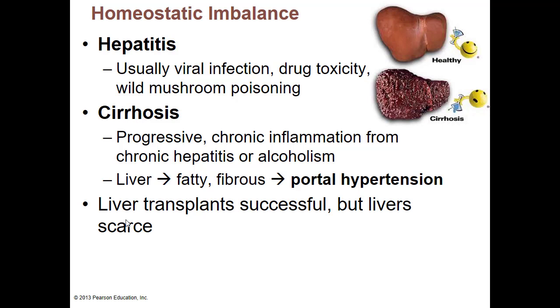There are various types of drugs that can cause inflammation of the liver. There are even certain types of mushrooms that can cause liver inflammation as well. So we can still cause our liver to be inflamed. Big characteristics of hepatitis: